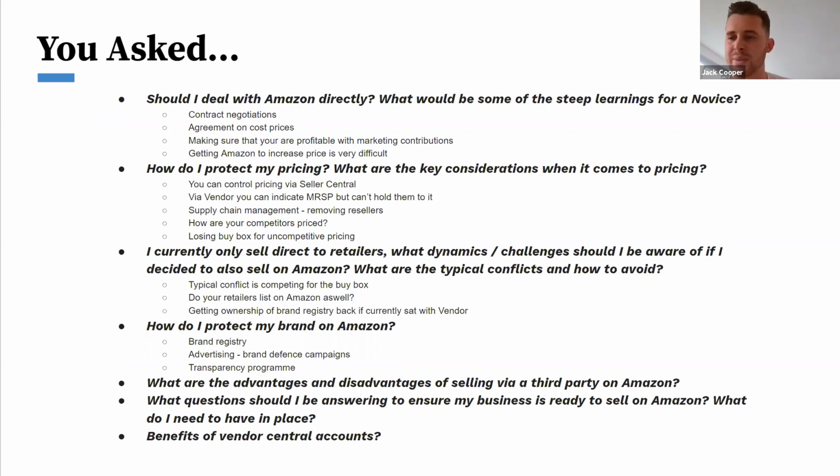And finally, the transparency program. Now, for those that don't know about this, have a search of it online. There's lots to read up there. Transparency is something Amazon introduced to stop counterfeit products being sold. You'll get unique barcodes on those listings, on those products that you'll need to apply so they can automatically be scanned to remove resellers. And I think this is really key. It does take a whole business change decision though. So definitely something to look at in more depth first.